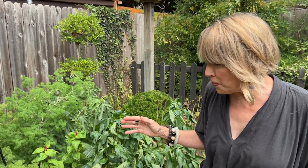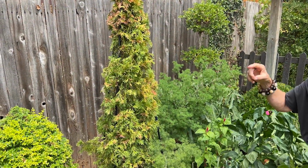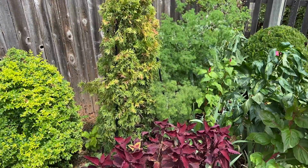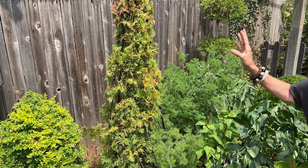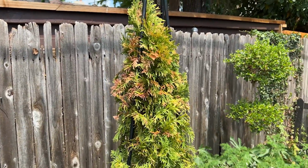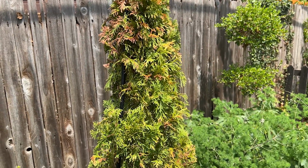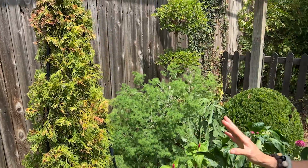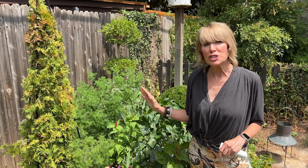And one of those would be things like emerald green arborvitaes, some of my yews, even Southern Living's Utopia plum yew, which I just love, my Japanese spreading yews. I absolutely love those. But certain things now that say they can grow in sun to part sun, I am now going to assume you pretty much are a part sun to shade evergreen, and you absolutely want afternoon shade in the summers. So many of us here in Oklahoma, and I bet across the South, have lost a lot of arborvitaes, of more tender evergreens, because they were fine before, but now they just can't handle these much higher temperatures